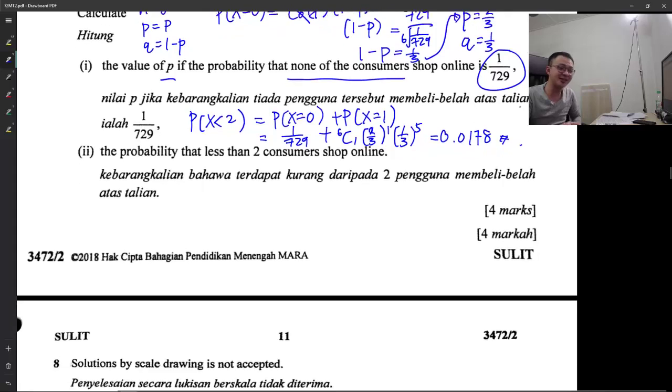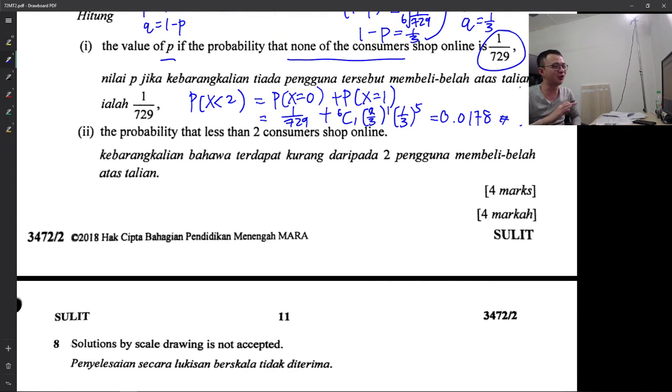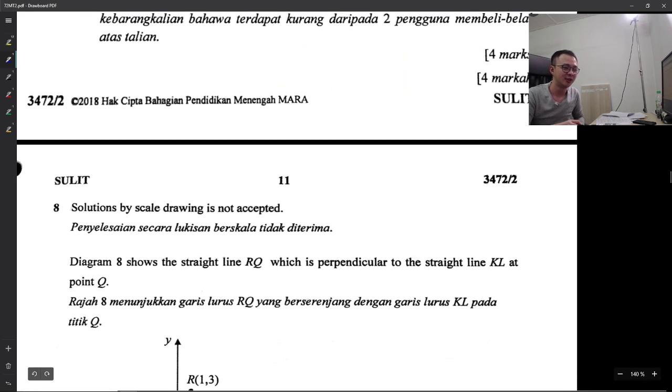For this question, this is probability distribution. You do not have the P formula. You only use C in probability distribution. Alright, so